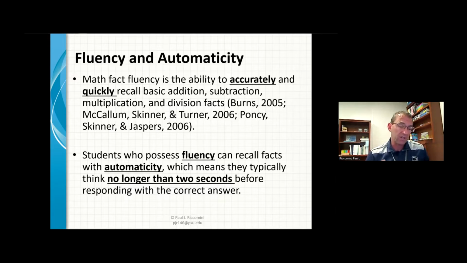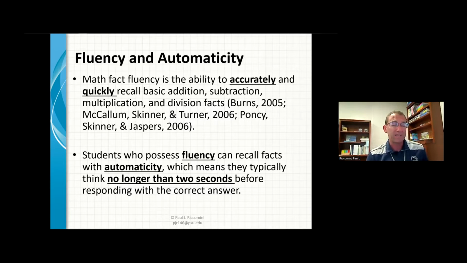So look at what you recalled and determine, were you pretty close to that conversation? Did you have those elements? Maybe you had a few extra ones. If you were missing elements, make sure you add them in there. But that's the difference. Fluency and automaticity I see as two very distinct things in math, but they're getting mixed up. So I hear a lot of teachers talking about fluency when they're really referencing automaticity. And then I hear a lot of teachers saying automaticity when they're really in this fluency piece. So just make sure there are some subtle differences and parse them out.